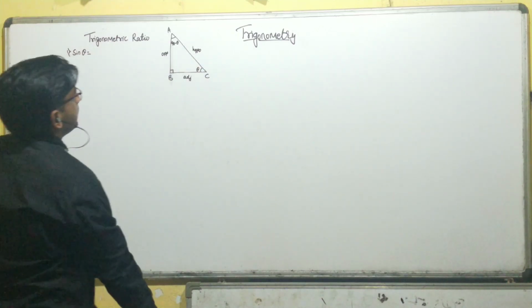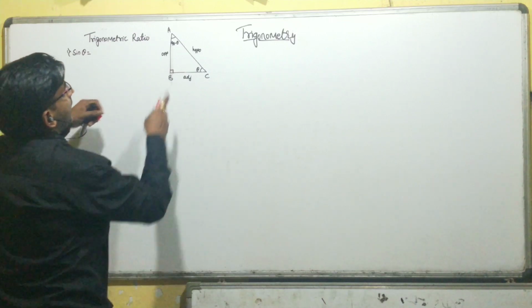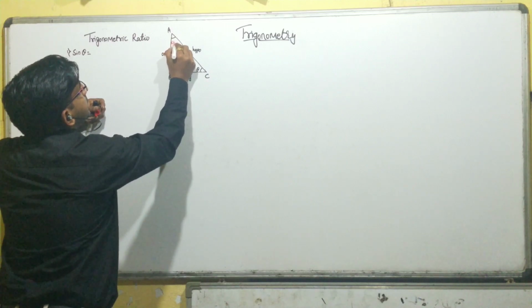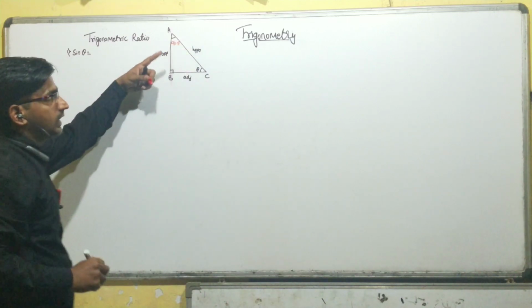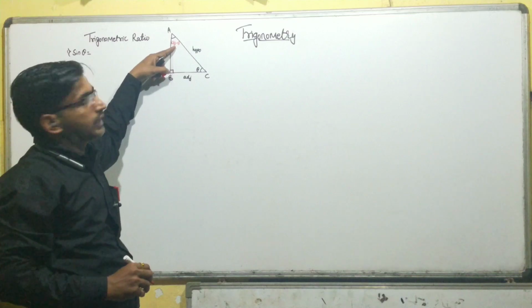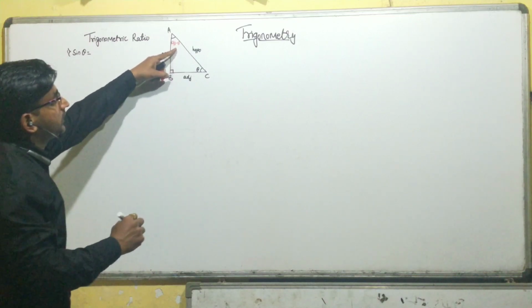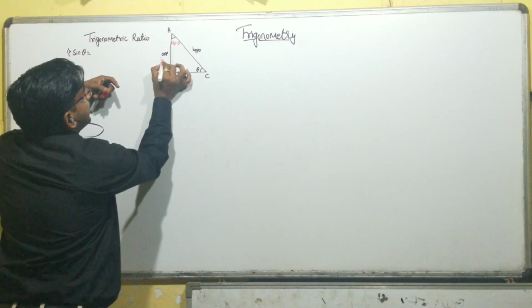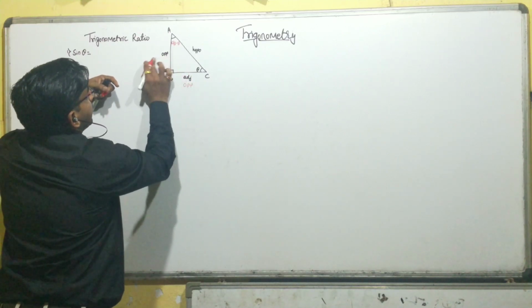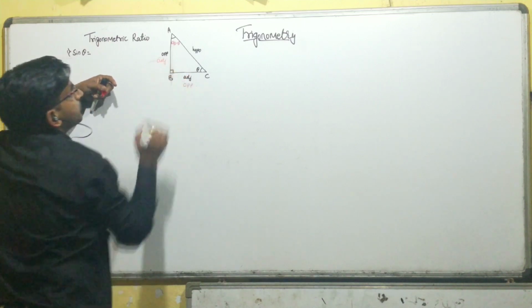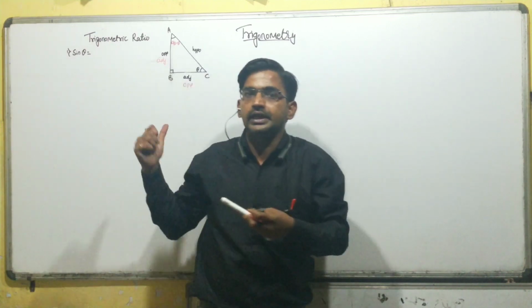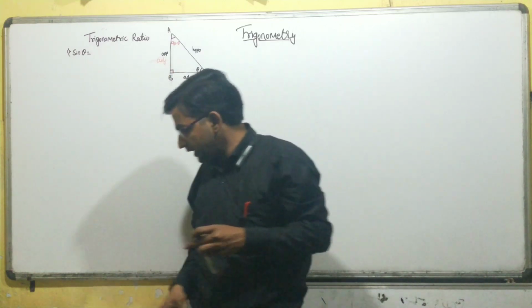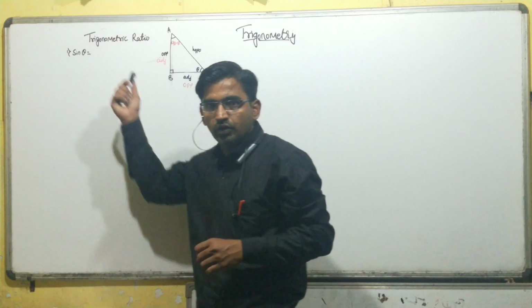At the same time, if we consider the angle as 90 minus theta, see, I have taken two different colors so that it will be clear. If you are taking sine of 90 minus theta, for this angle, this will act as the opposite side and this will act as the adjacent side. Hope this is clear, how the opposite and adjacent sides are taken. So without wasting much time, we'll go to the point.